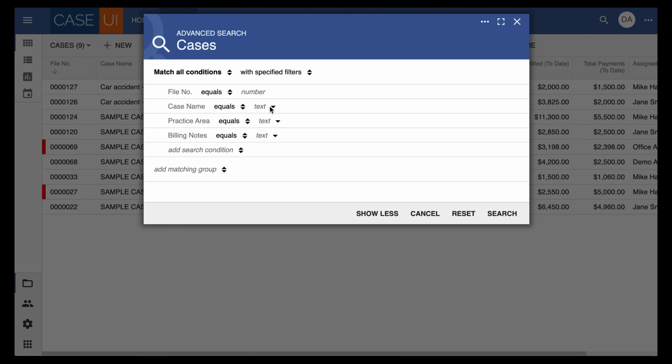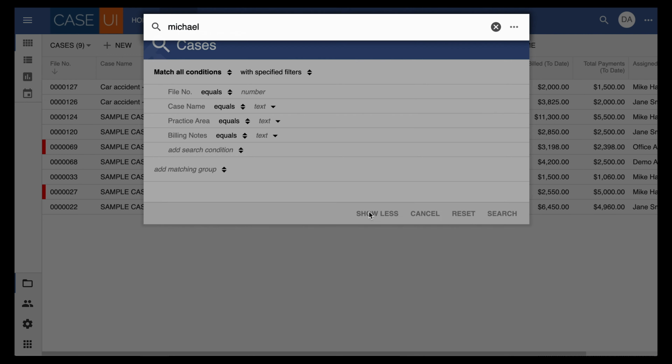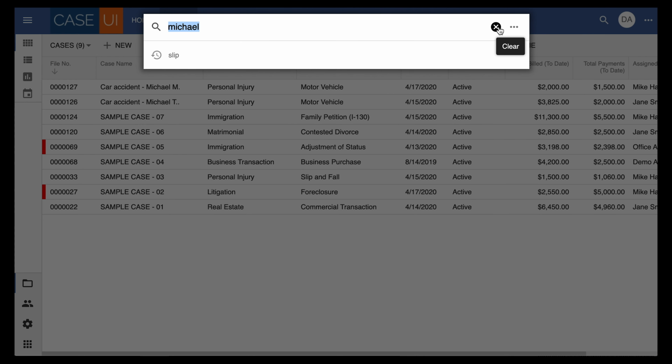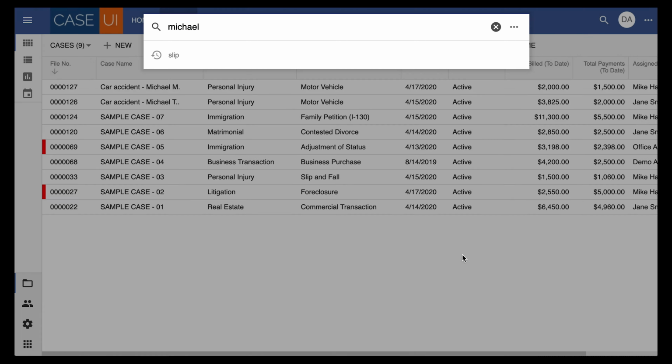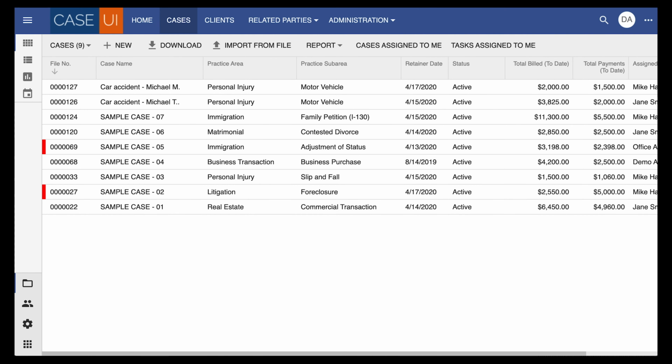You can play a lot with these to be more granular and more specific, especially if you have thousands of cases in the grid and you're looking for specific criteria. To clear any of the search terms, you reset, or if you want to go back to the quick search window, you show less, and you're back to the smaller window that searches any column across the whole grid.